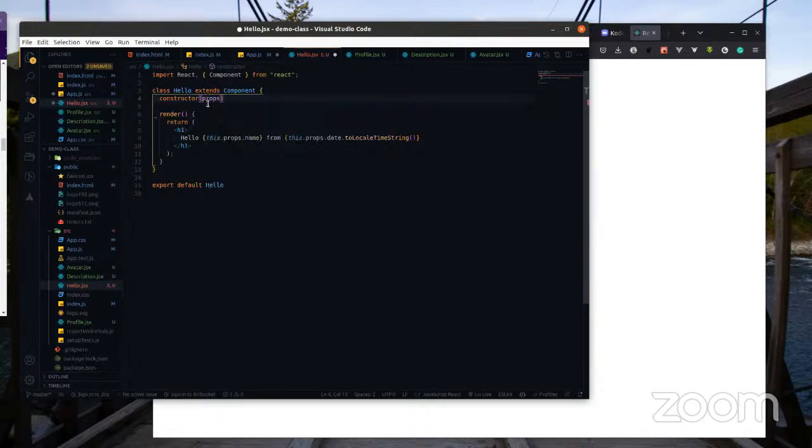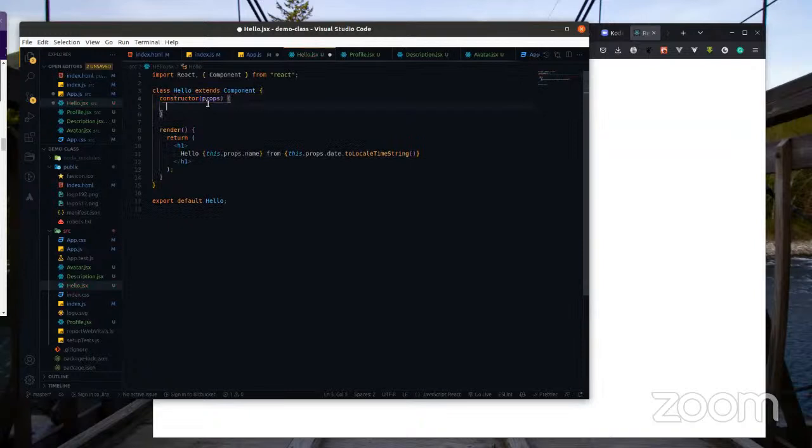We pass these props inside the constructor because with these props, it's going to be a whole lot easier for us to grab the value of the states and render it inside our code. Actually, let me show you guys how to do this with state first, before I use props. So we have super,